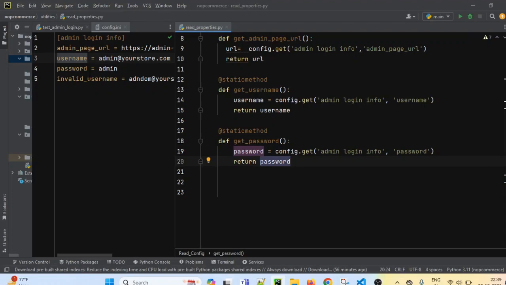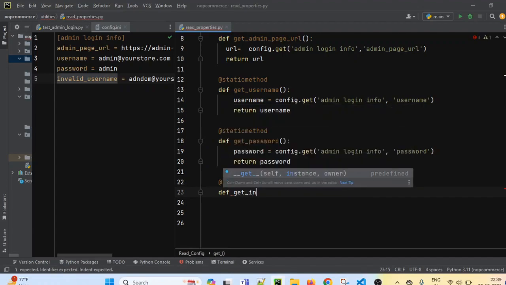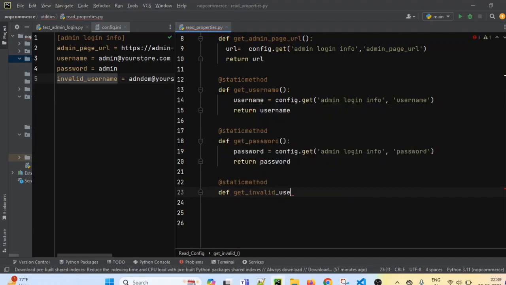Next static method we are creating for invalid username. @staticmethod def get_invalid_username. Since it is a static method, we don't need to provide self as a parameter in this method.